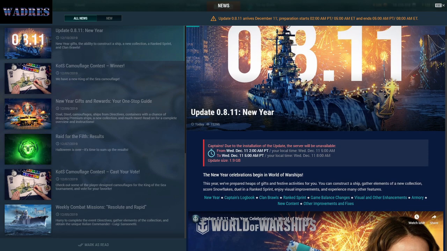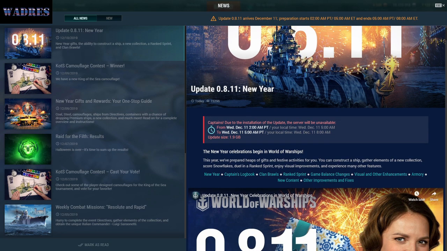For today's video we are going to be looking at the patch notes for update 8.11. Now this is going to be the last update for the year of 2019 going into 2020. So this does have a lot of things going with it, and it's also going to be active for 7 weeks because, according to Wargaming, they just do not have enough time to fit in an 8.12 as well. So this is going to be a very, very long and heavily rewarding